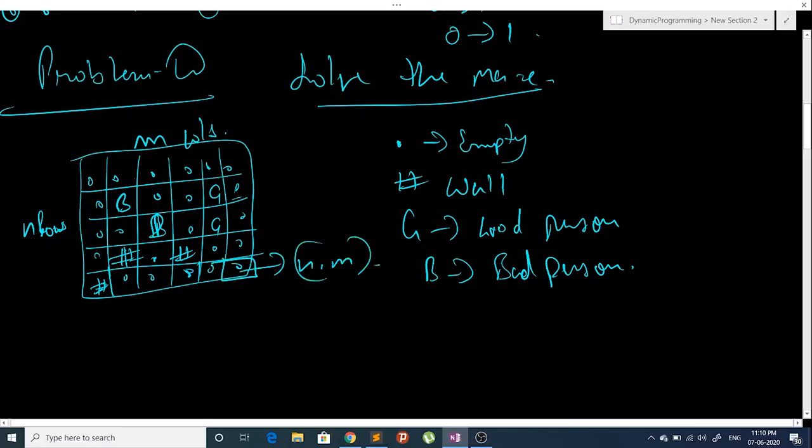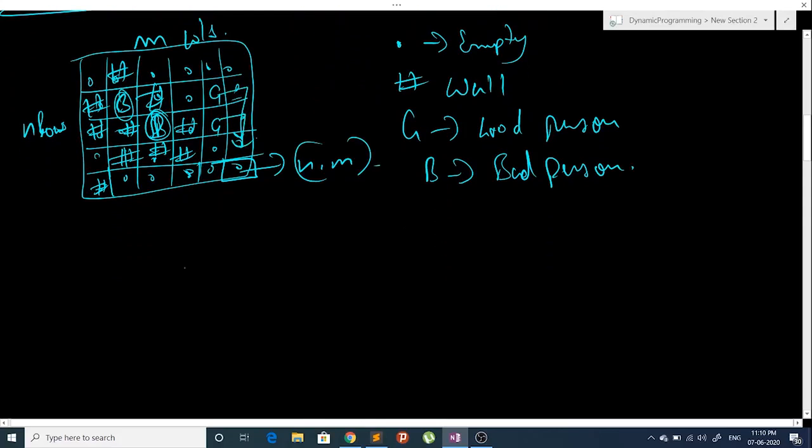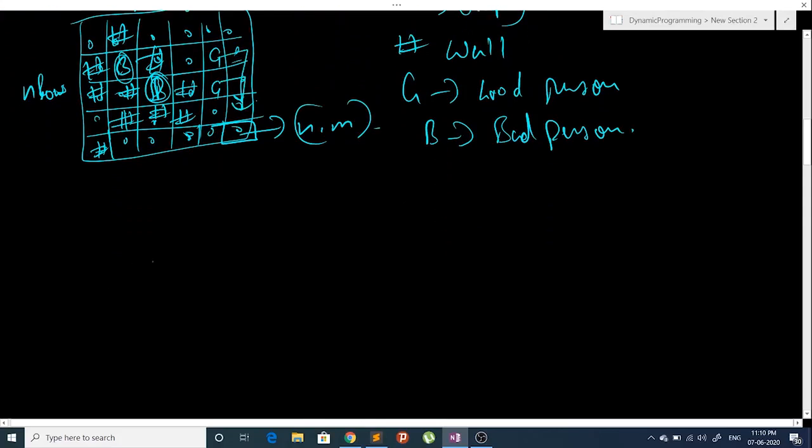For example, if I put some walls here, now the bad person is blocked and good persons can come here because these are empty spaces. Now how can I solve this problem? So my first approach was just that if I can contain the bad person with just one wall on its